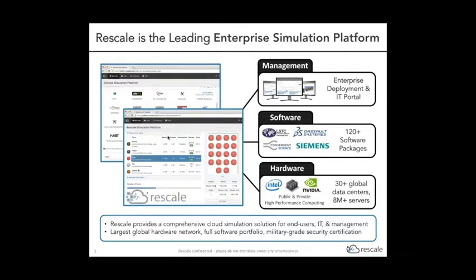We have about 30 data centers worldwide. You can leverage a wide range of different hardware types, including InfiniBand, GPUs, choose as many cores as you want. Mulyanto is going to talk a bit later about the configurations which are most common for CONVERGE.